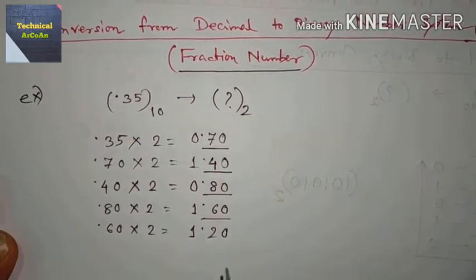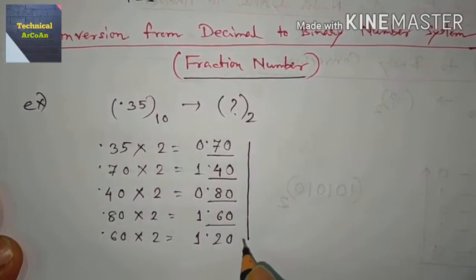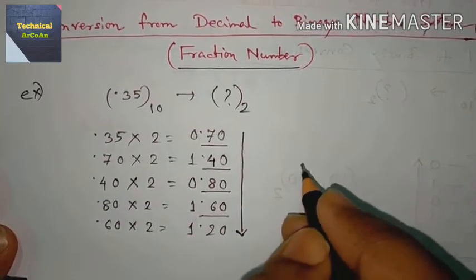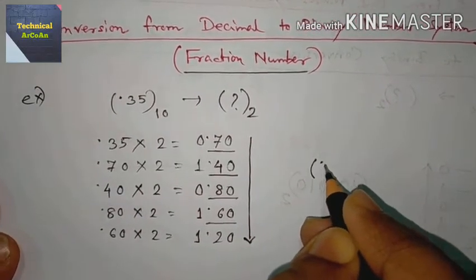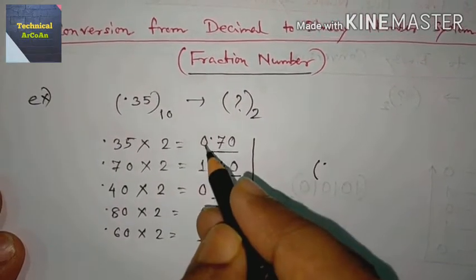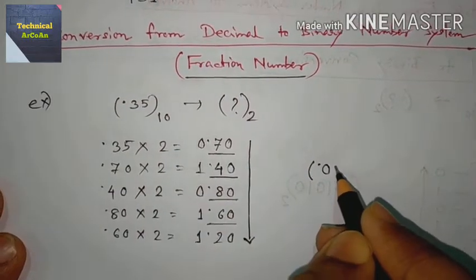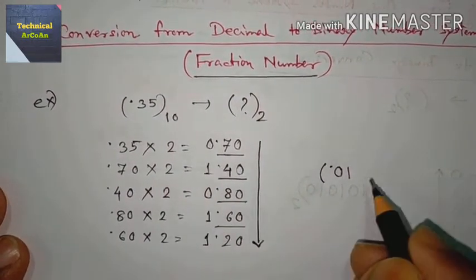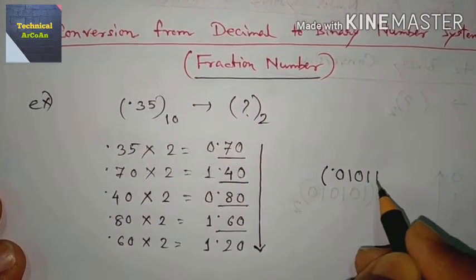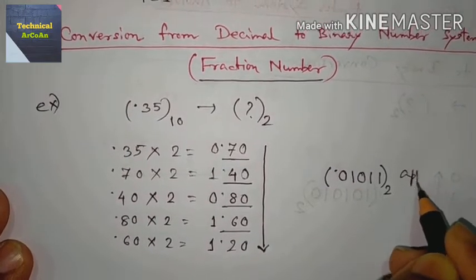Okay, so that's why we stop this calculation and we take the numbers from top to bottom. You should remember, here we take the numbers from top to bottom. And what is the result? At first we put the point, and then the whole-number parts we take as output: at first we take 0, after that we got 1, then 0, then 1, and last we got 1. Okay, and we give the base 2 and write approx.